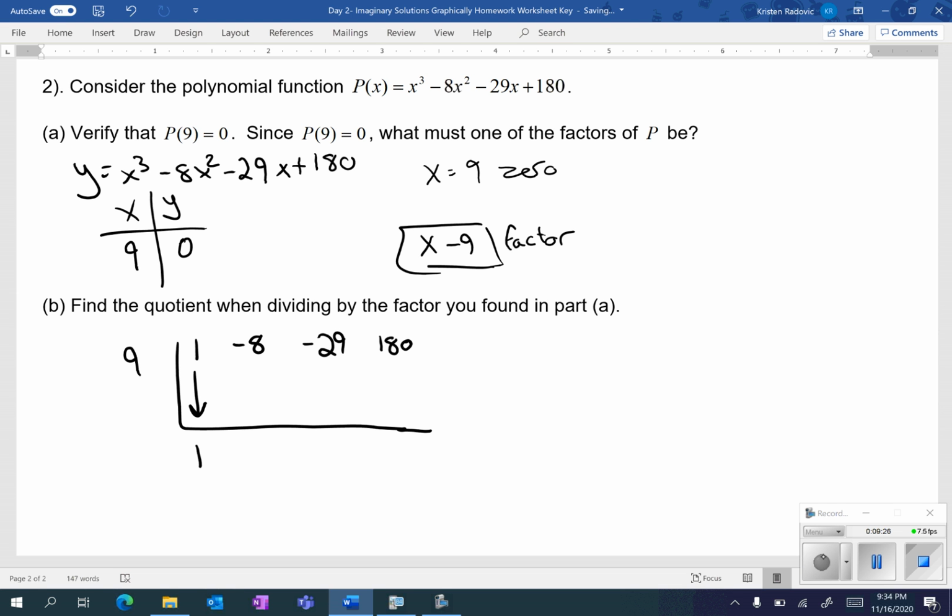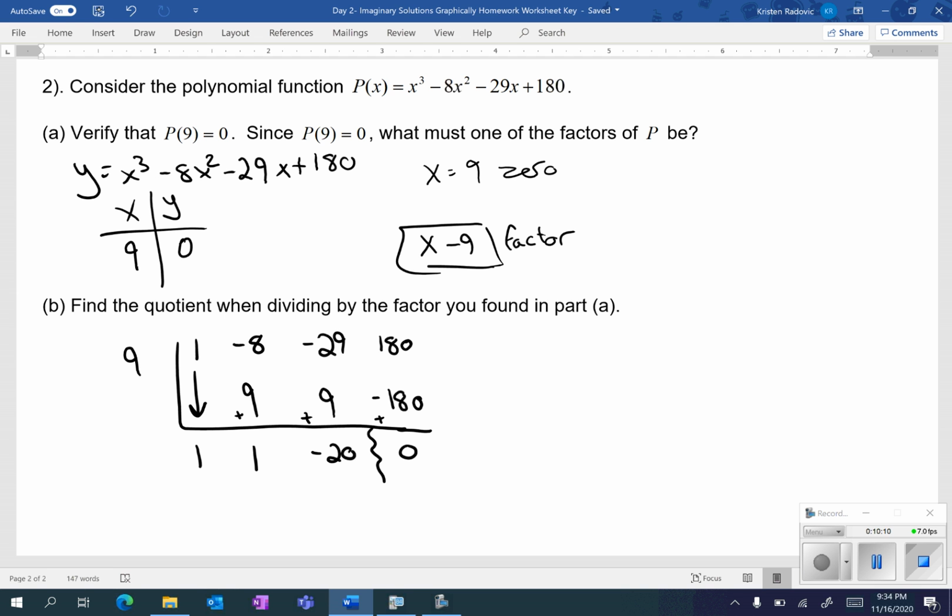Bring down the 1, and 9 times 1 is going to give you 9. When you add negative 8 plus 9, you get a positive 1. And we're going to multiply again. 9 times 1 is 9 again. And we add negative 29 plus 9, which gives me negative 20. When we multiply 9 times negative 20, we get negative 180, which when we add, we get 0. That makes sense because we know that x minus 9 is a factor, so we should be getting a 0